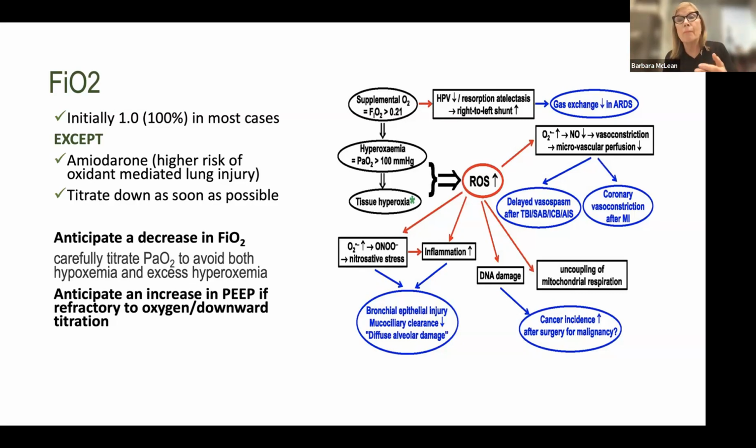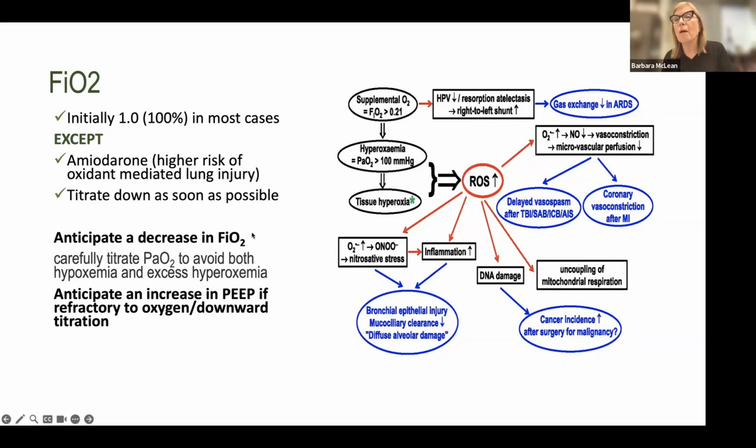Amiodarone is one of them, bleomycin is one of them, and there's some others. But amiodarone is really the most common one. Patients who are receiving amiodarone are very at risk for oxygen-destructive processes. So we have to actually think about that patient and start with a lower FiO2. You as a provider should anticipate, facilitate, discuss